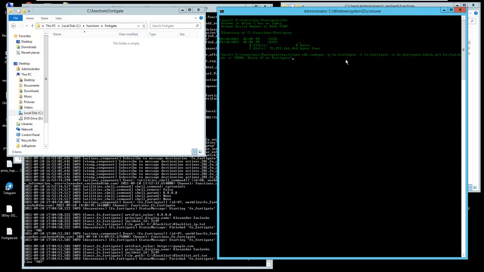So there are a few parameters here. -p is just a name. -f is an API name for the function. -w for workflow, and I want to add 2 workflows into my application, and to add a rule with this name. After I run this command,